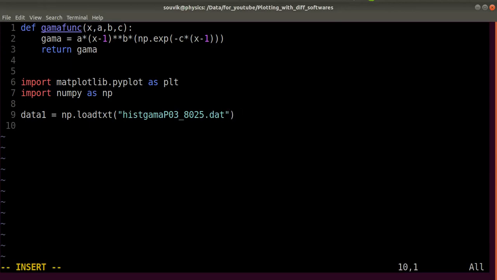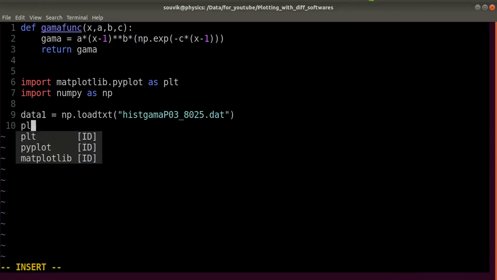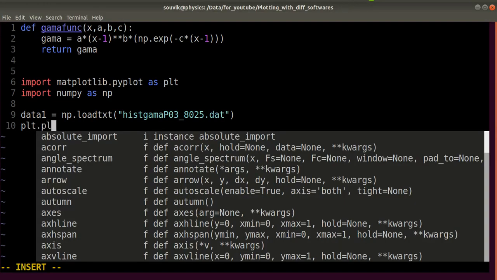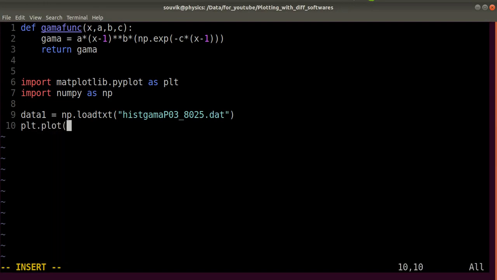So the data file is now loaded, and now you have to use plt.plot, then data1 first is the 0th column, which is the x-axis, and then with data1. This colon comma 0 is basically accessing the first column, and colon comma 1 is to access the second column, which is the y-axis here.